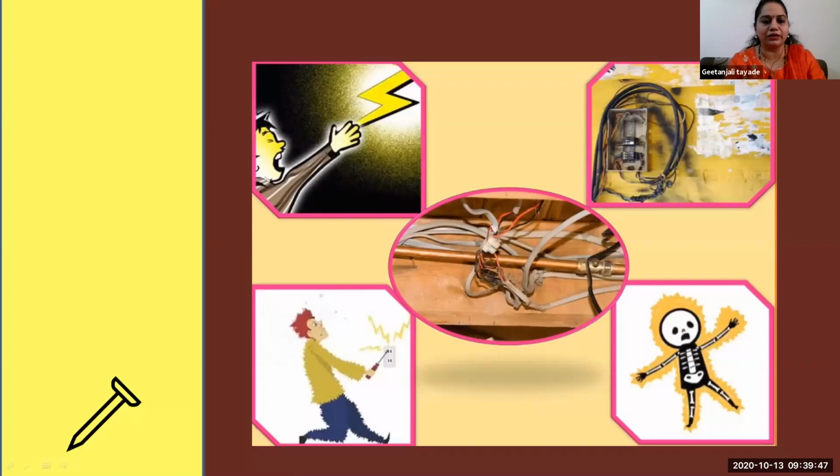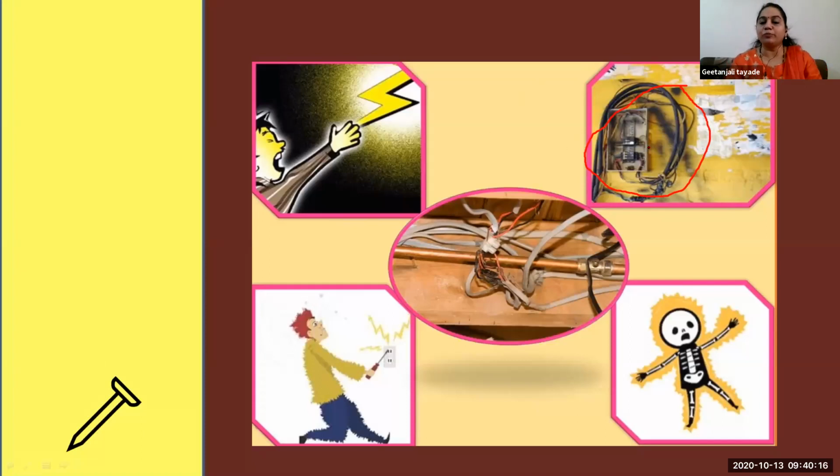See here, there are many open boxes, and in the rainy season it is getting very difficult. See here, this box is completely open. So if by chance, by mistake, you touch it, what will happen? It will give a shock. That means electricity travels through your body and it will damage your body. Okay, so you don't have to touch these things.